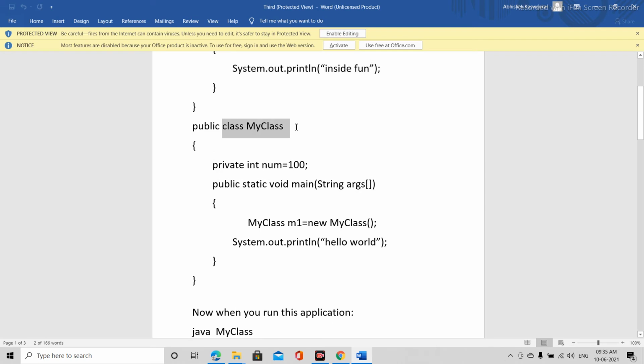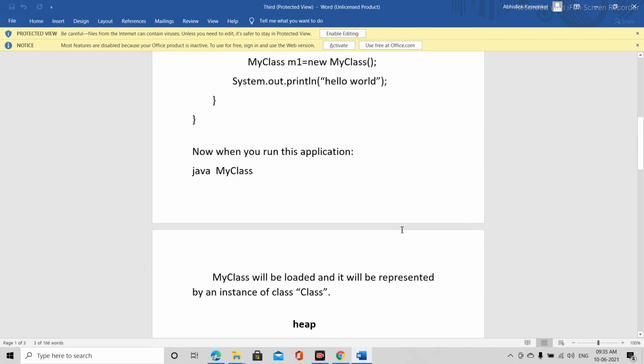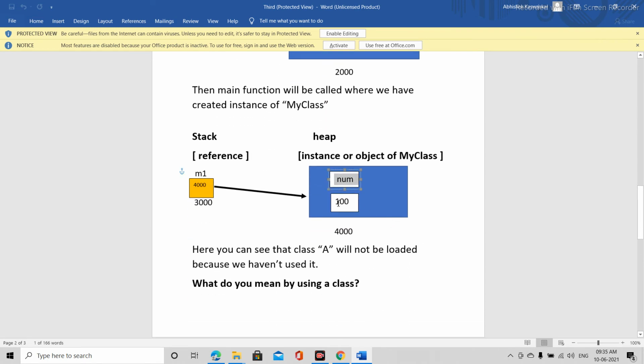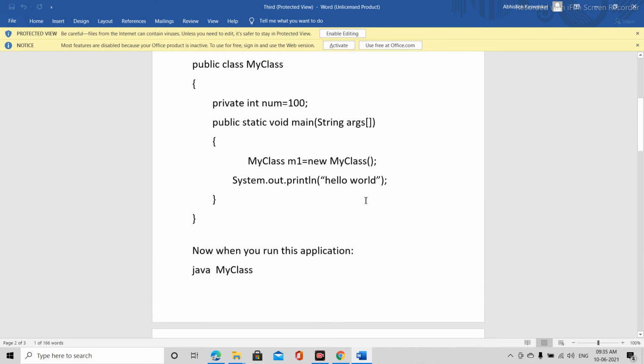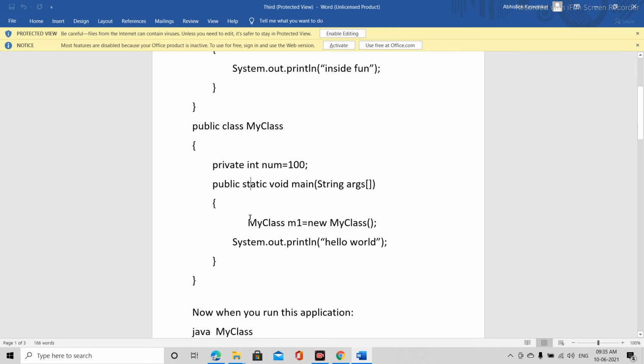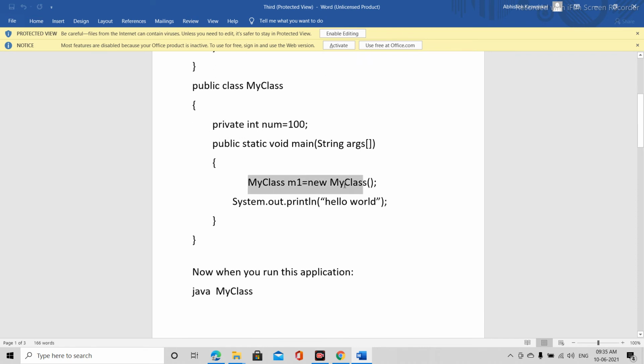Now public class MyClass, private int num is equal to 100. So num is an integer which is private and its value is 100. Now public static void main(String[] args), this is the main function. Now MyClass m1 is equal to new MyClass, System.out.println("Hello World").